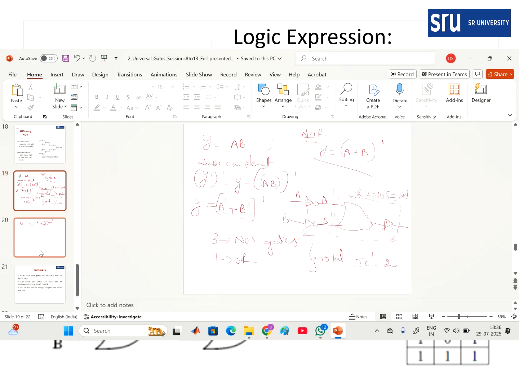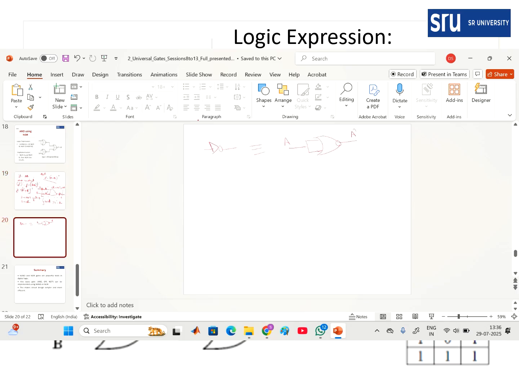So we require one. So this is a circuit. First a NOT gate, second a NOT gate, connected with a NOR gate. OR plus NOT is a NOR gate, right? So this is A, this is B. Here A bar, here B bar, the expression we will get. So (A bar plus B bar) complement,